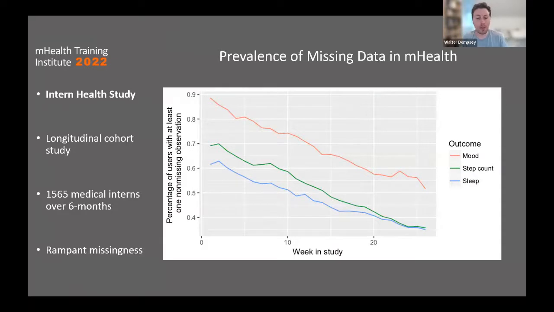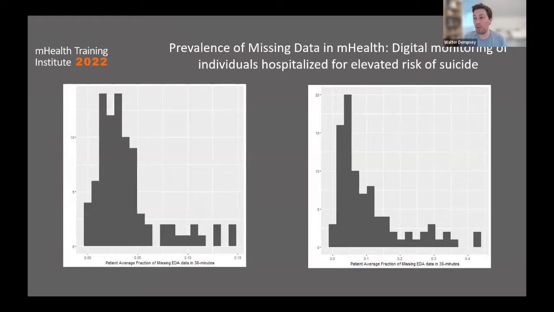So let me just pause for a second. So this study here, I just want to say that the wearable data is coming in at the level of the daily step count and daily sleep data. But we're also maybe interested in more proximal or short-term outcomes. And so in this case, I'm looking at a digital monitoring of individuals who have been hospitalized for elevated risk of suicide. And in that population, you might be interested in, say, missingness of electrodermal activity or physical activity, because